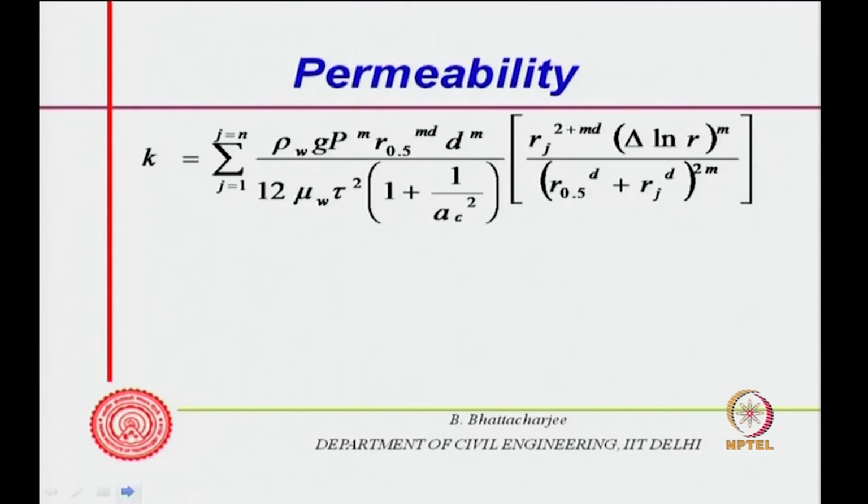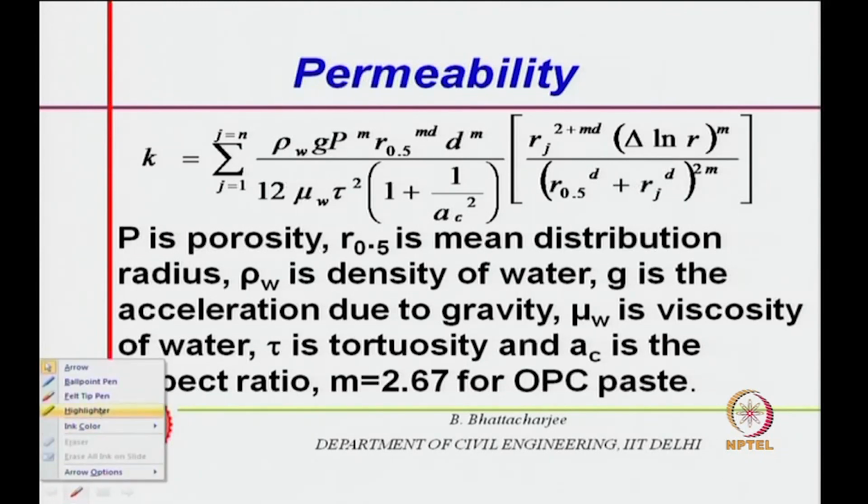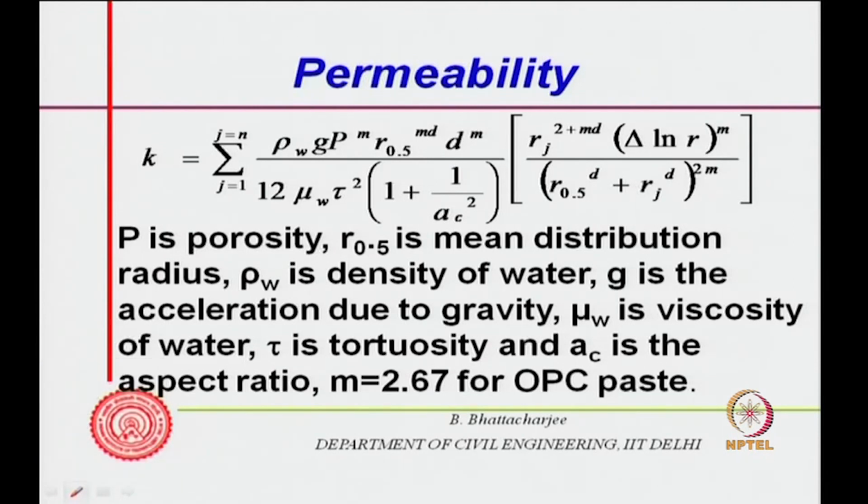Well, a mathematical relationship can be of this kind for permeability related to pore sizes. My idea is to show you what are the kind of properties of the system that will govern the permeability of, let us say, cement paste system. Now, in this one, K stands for permeability. This equation is theoretically derived based on results of intrusion porosimetry, whereby interconnected